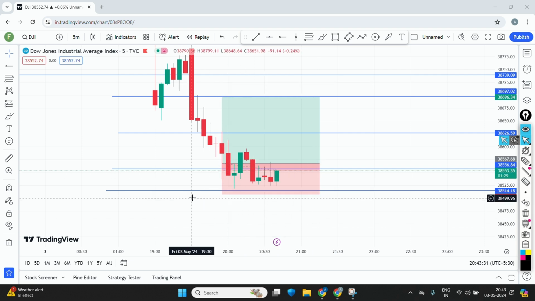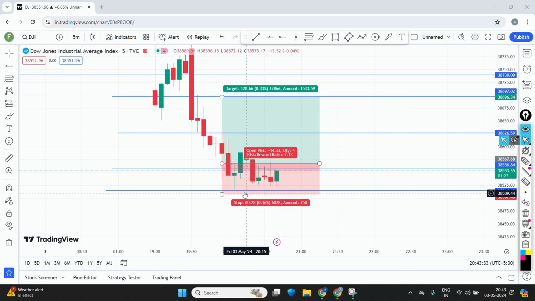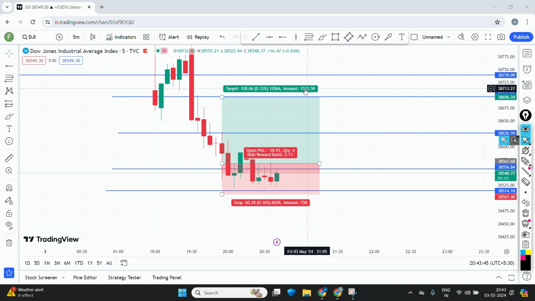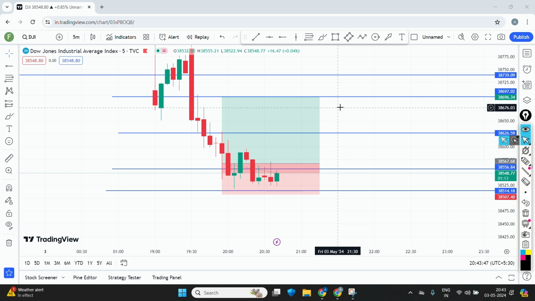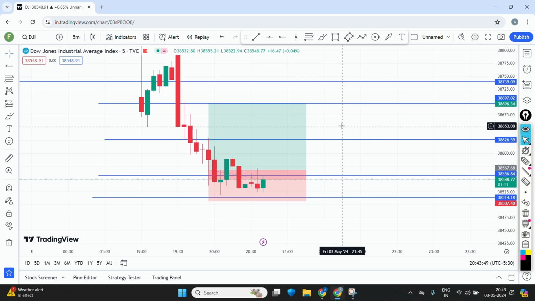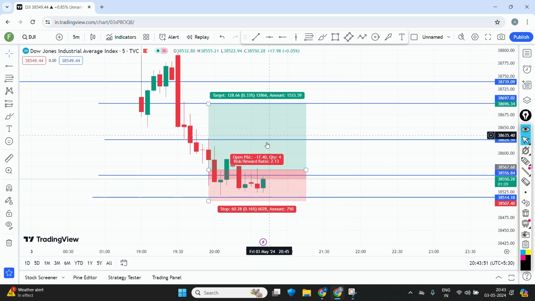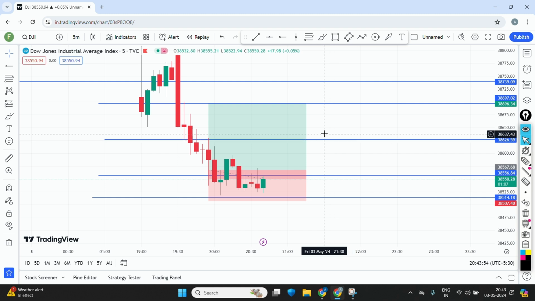Just see, here is my stop loss, this is my target, and I exactly entered over here. Okay, and market has now traded below our entry price. As soon as market exactly breaks this level, market will go upside. That's my guarantee. So mark that point. Okay, so I'm meeting you in a few minutes. Let market move, and I'll meet you a few minutes later.